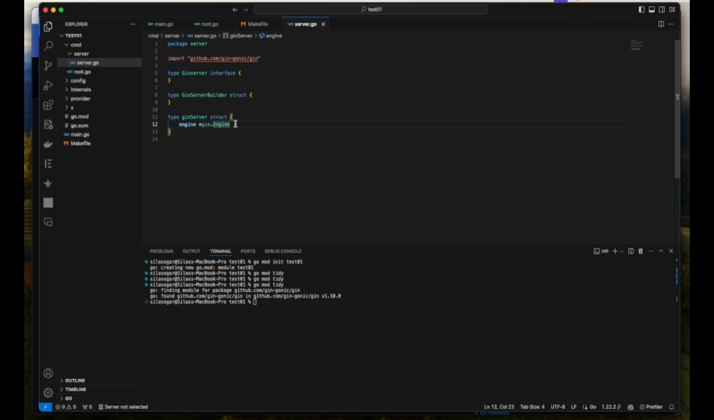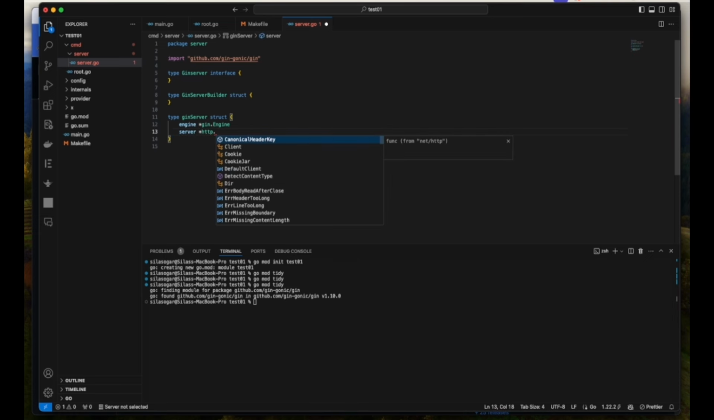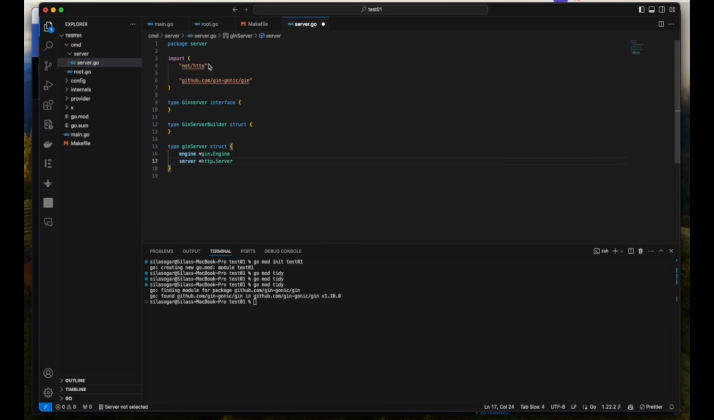engine, that's the engine of our server, which is the Gin instance. The next thing we're going to do is to declare the server property. For this one we're going to use HTTP. We're going to get the HTTP server package, right? Remember, I said that this method, basically what this does, it represents